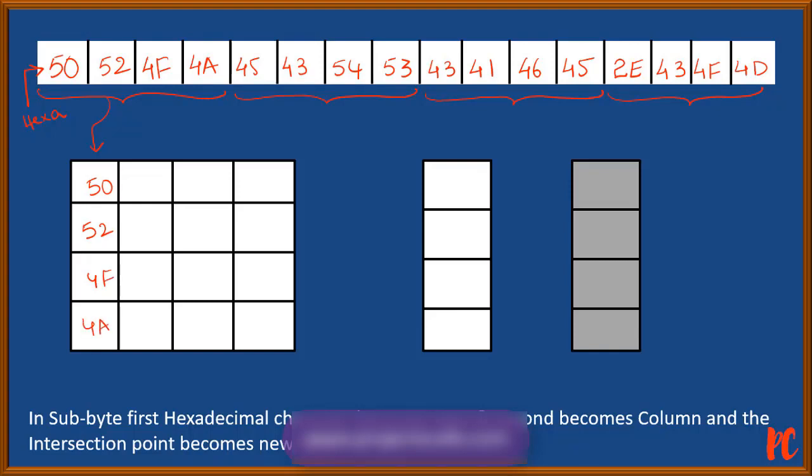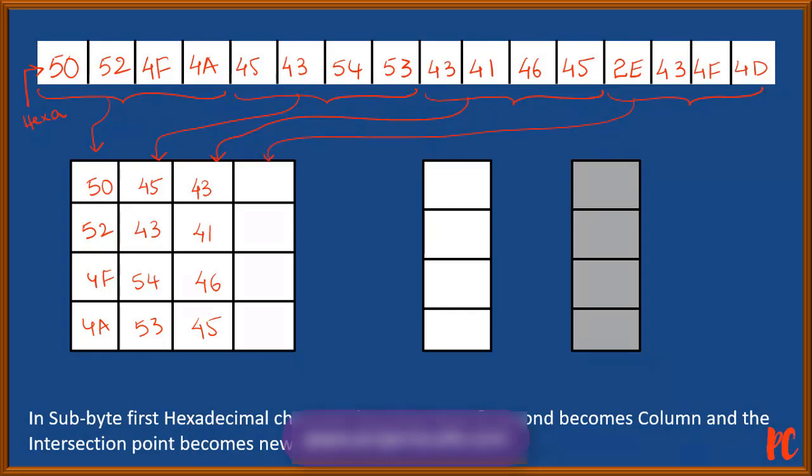Similarly, the second column is 45, 43, 54, 53.